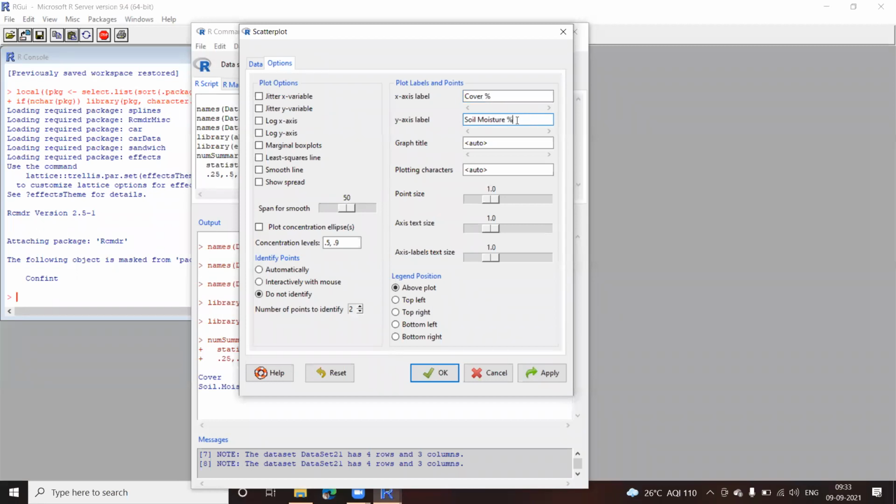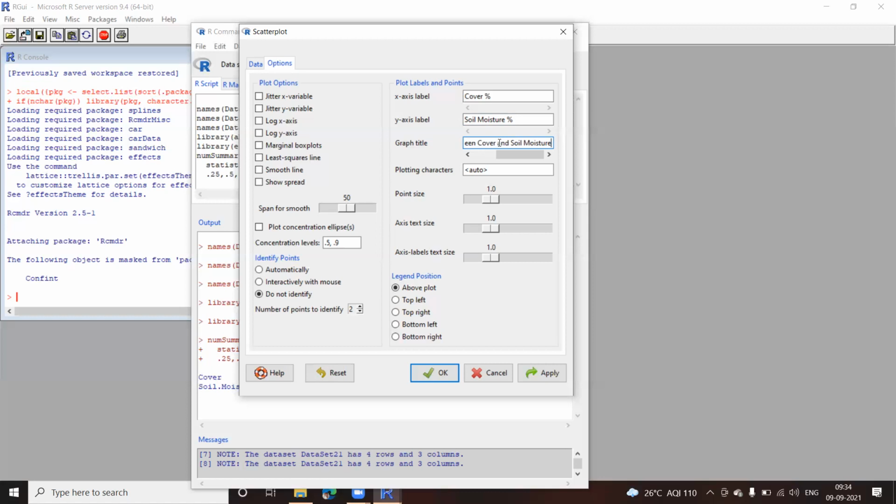If you want, you can give the title as well. So: try to find relationship between cover and soil moisture. So this is what I'm giving right now.